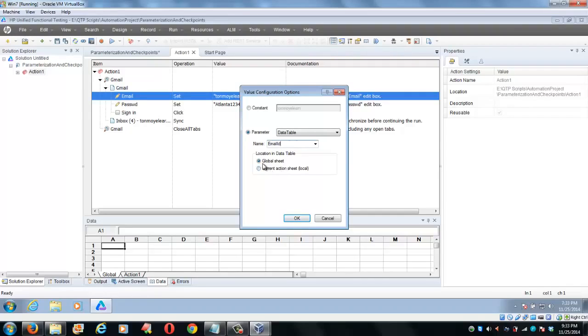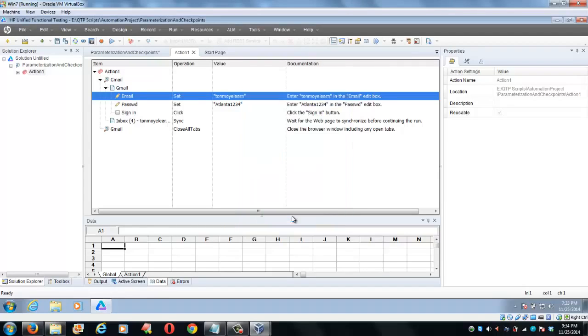A global datasheet is a global sheet that by default each of the tests has. It can read data from the global datasheet, and it can put value into the global datasheet. So I have selected parameter as email ID and I choose global datasheet as the input. So I'll click OK. Now see, I have a column here called email ID and I have the email ID